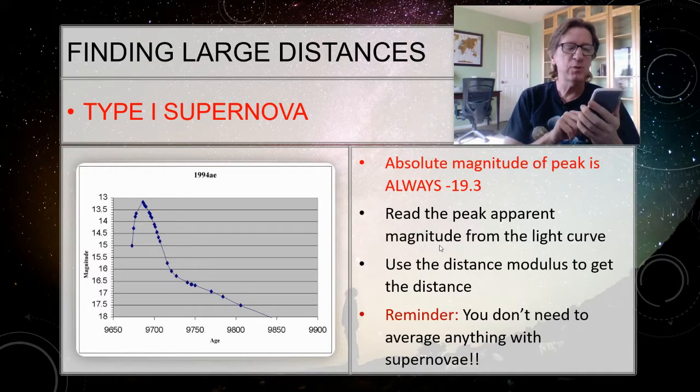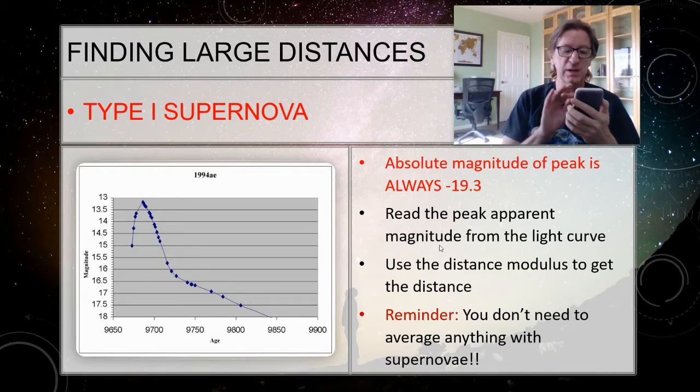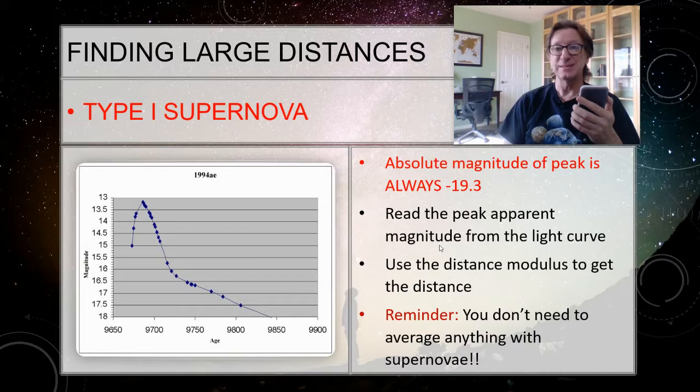So little m is 13.1 minus big M, which is negative 19.3. I get 32.4. Divide by 5. All right, that's step 1. I get 6.48. So let's work out the fraction. Next step, step 2, is take the inverse log. On mine, it's second function log, and I get, let's see, looks like about 3 million, so about 3.02 times 10 to the 6th. Make sure that, yeah, about 3.02 times 10 to the 6 parsecs. Or not parsecs yet, we need to multiply by 10. And so I get 3.02 times 10 to the 7 parsecs.